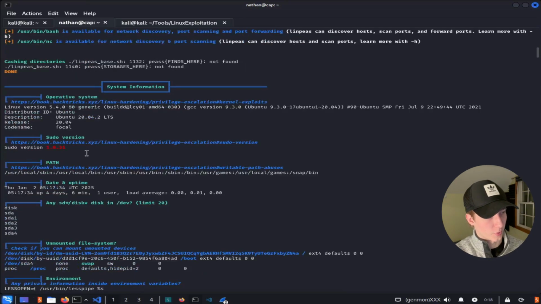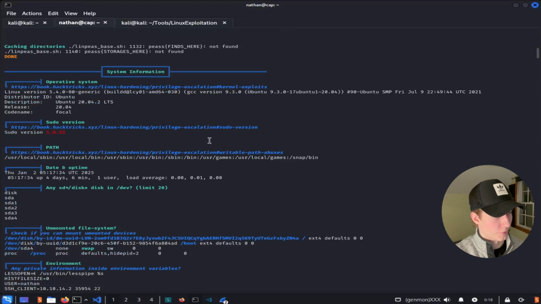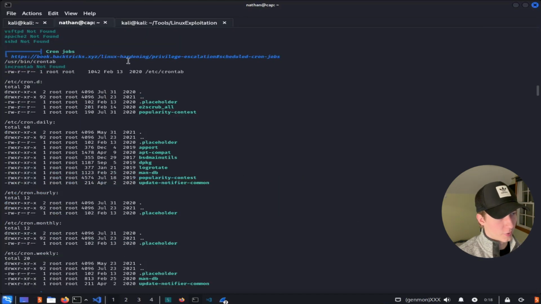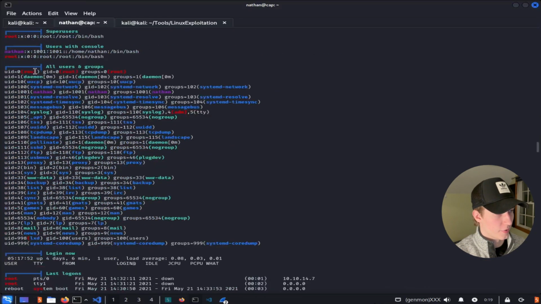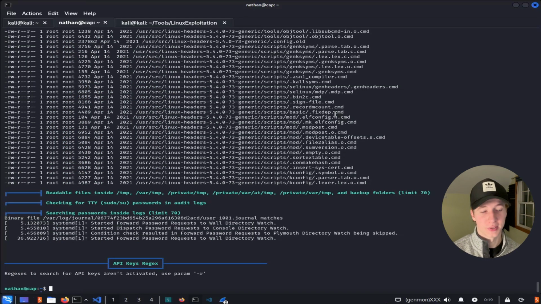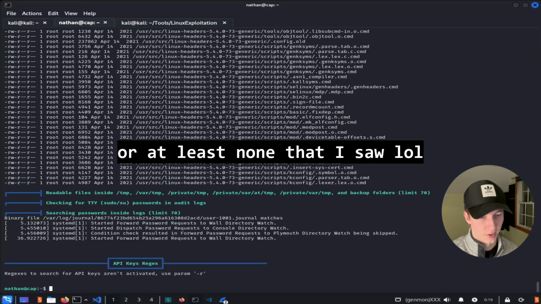We can see that the script already found a potentially vulnerable version of sudo, which we can definitely take a look at. Here we see it enumerated the cron jobs, which we did earlier. We can take a look at the user information. It checked the ID of the Nathan user, gathered information about all the other users and groups on the system. And unfortunately, other than that potentially vulnerable version of sudo, it doesn't look like there were any other PE vectors